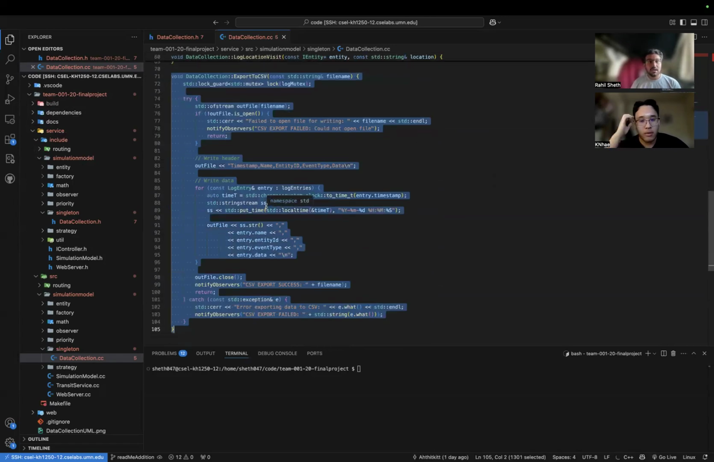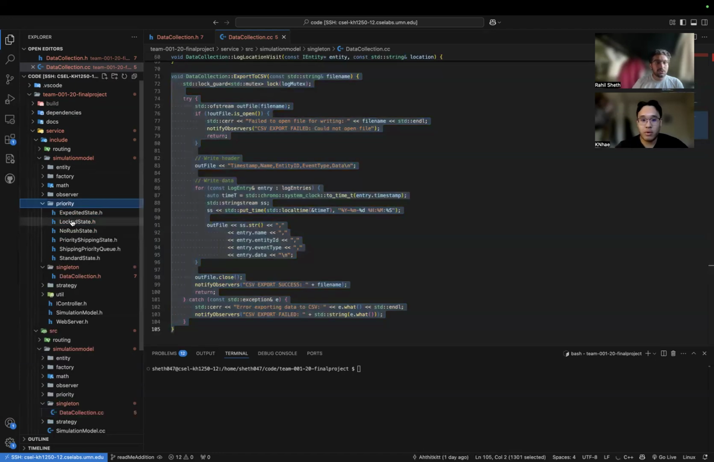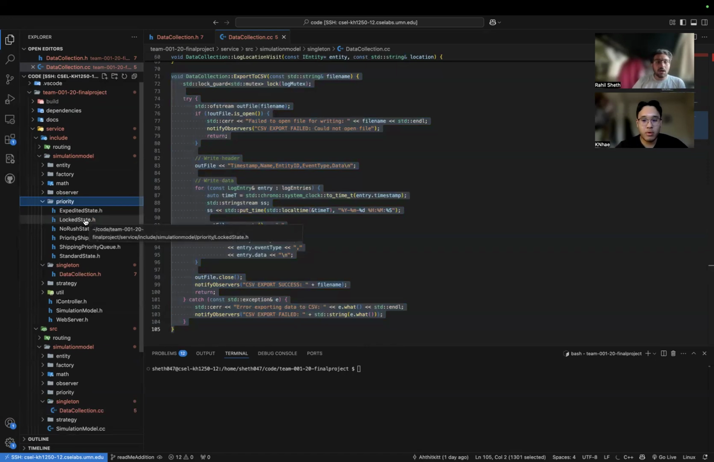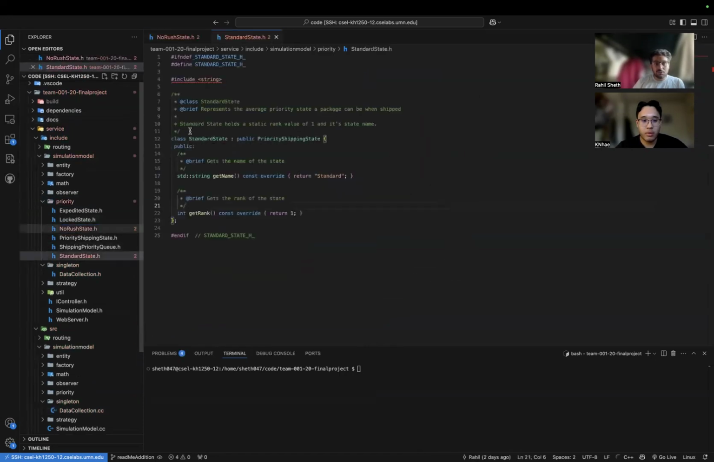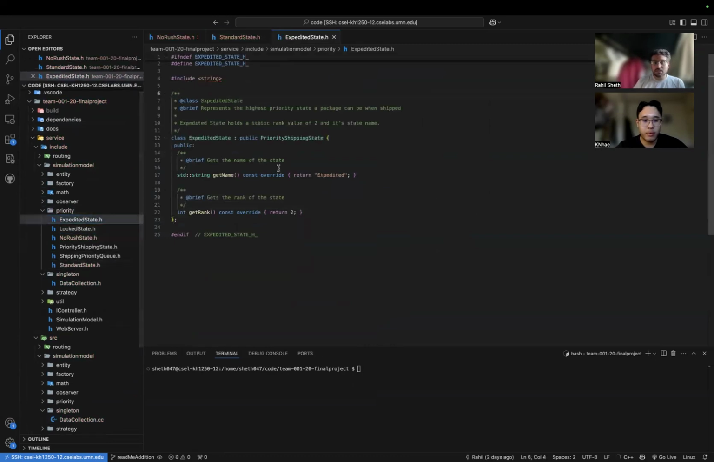And then for my extension, I did the shipping priority system, so it added an extra feature to the already pre-existing shipping feature with just the different strategy types. I decided to include about four different states in my state design pattern for this feature. I had a no rush state, which was the slowest. I had a standard state, which was the normal default state, and an expedited state, which would be